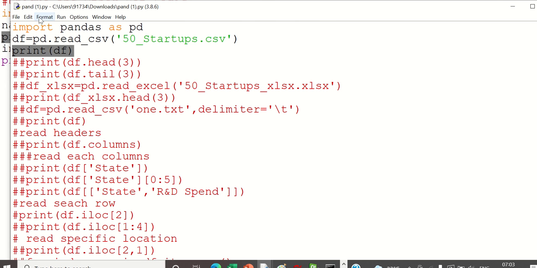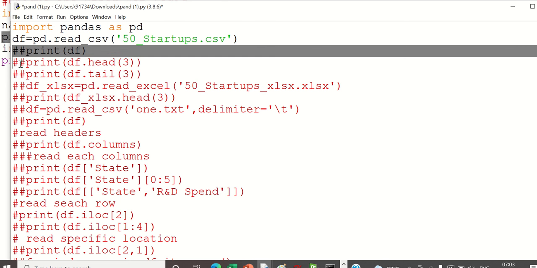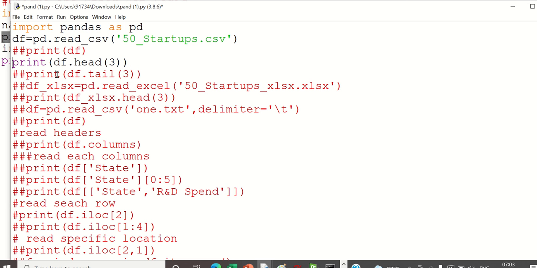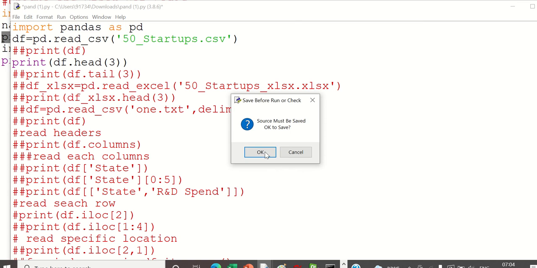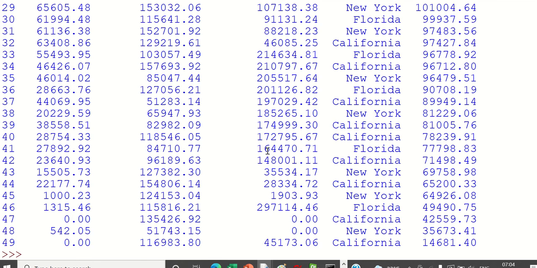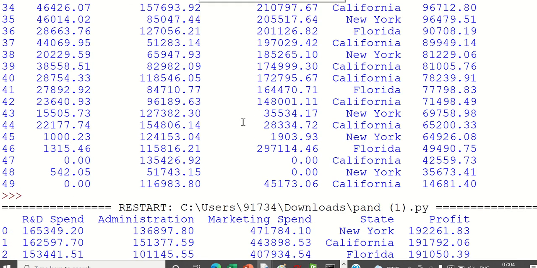Next step, we can take df.head(3), which means top 3 rows. If I run this, let me close this and run.